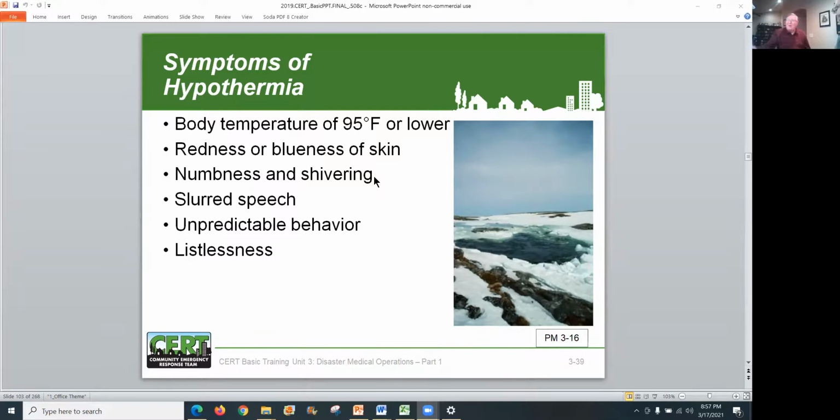So that's the reason why you don't warm it up quickly. It also is that your heart can be affected. Watch for redness or bluish skin. Oh, I've seen so many Boy Scouts. I tell them to put their hats on, put their earmuffs on, and do they listen to me? No, I have to watch. I go around looking for redness and blueness. Look at the nose, look at the ears, look at the fingers.